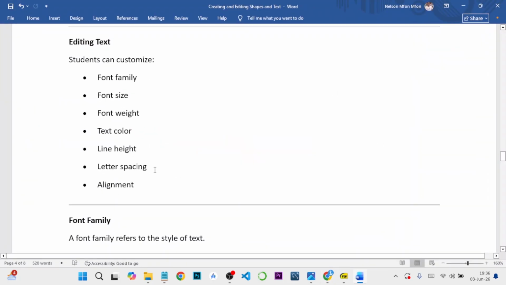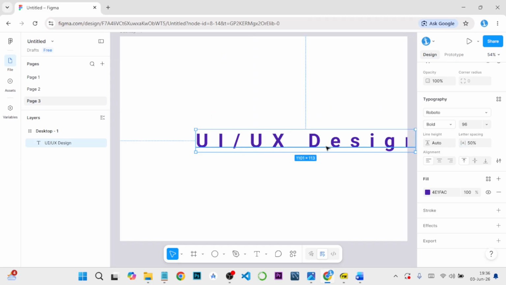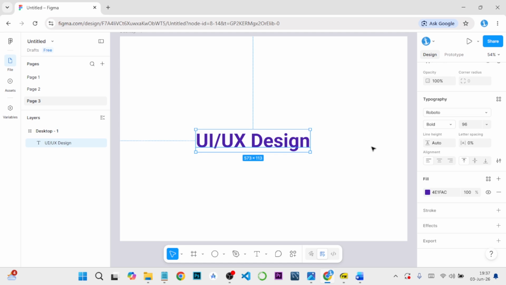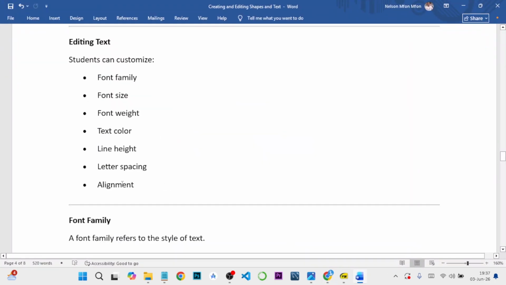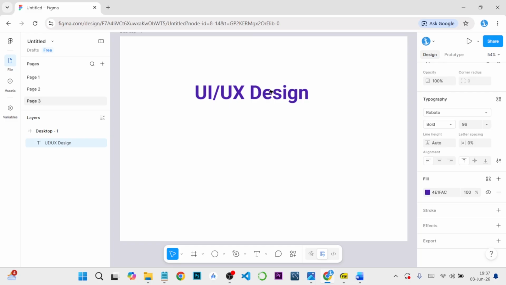What again? Line spacing. So this is a line spacing. Let me do like 50. Just like you can see that. Let me return to 0. Alignment. Okay, for that one now,